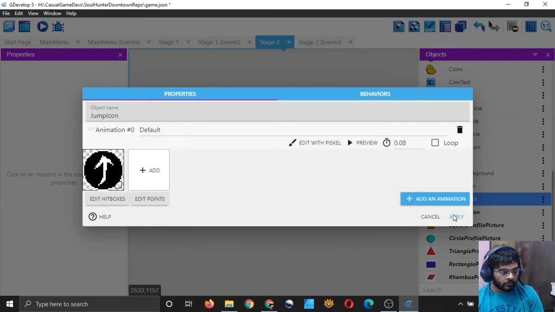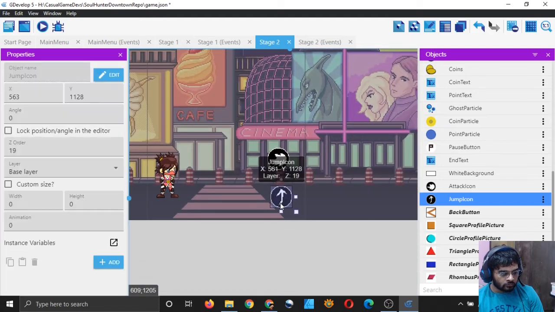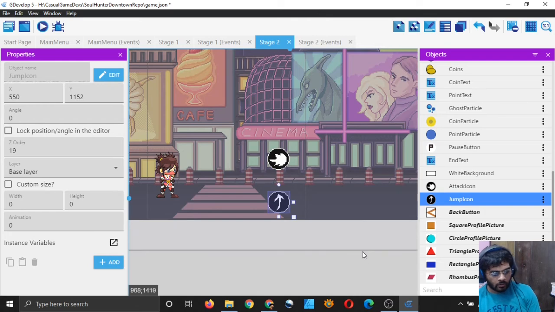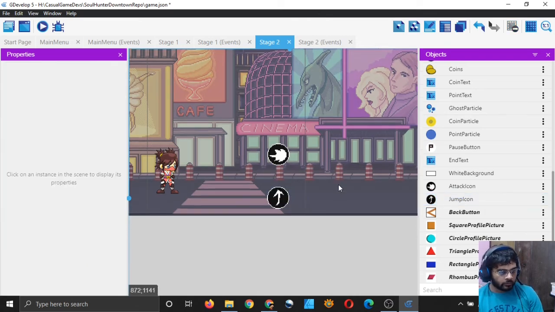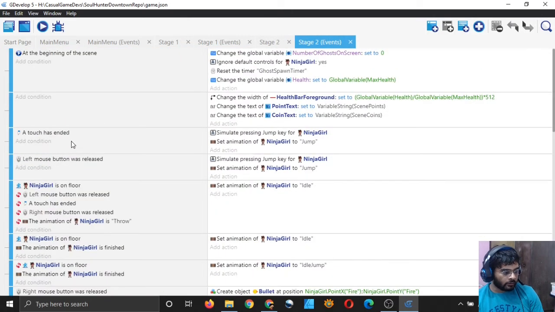This is the jump icon, right? Looks okay, right? So now to add some events.